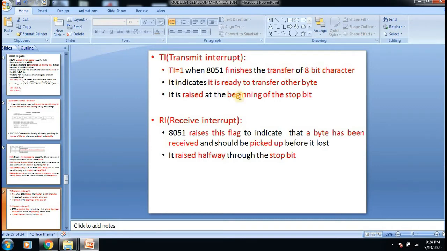It indicates that it is ready to transfer another byte, and it is raised at the beginning of the stop bit, as we saw in the data framing in the first video. Similarly, when the 8051 raises the RI flag, it indicates that a byte has been received and should be picked up before it is lost. This one is raised halfway through the stop bit.